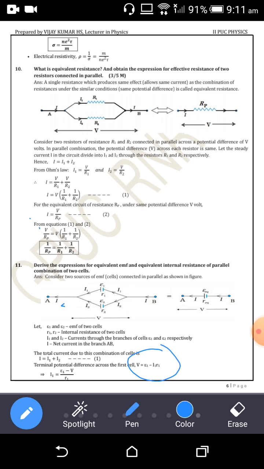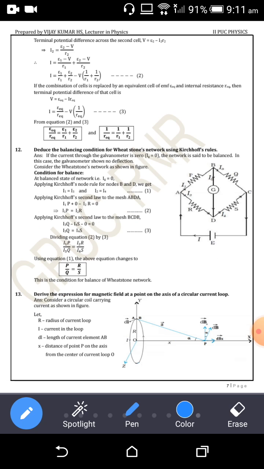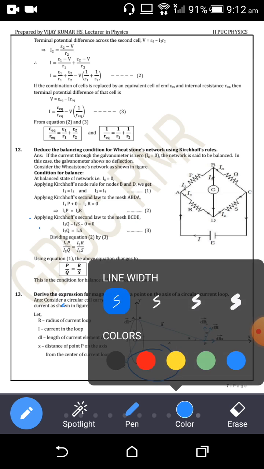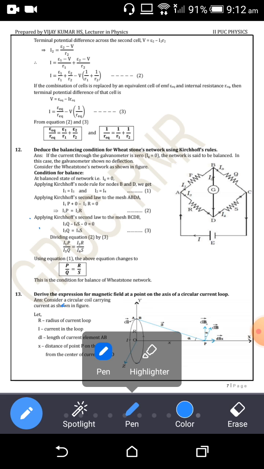Okay, so hence the same step can be written as taking I1 outside, that is towards the LHS. So I1 is equal to E1 minus V divided by R1. Okay, so the next, in a similar way, we are applying the same thing for the second cell. Okay, so the terminal potential difference across the second cell is given by V is equal to